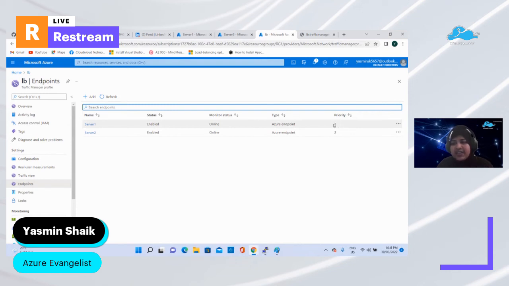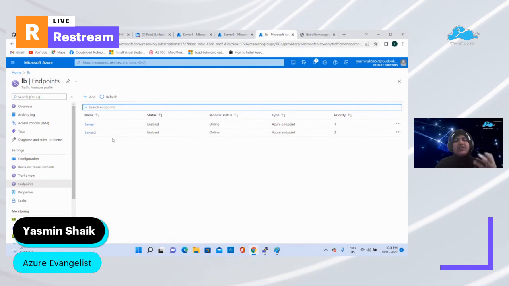I have given 1 and 2. It means that the traffic coming through the public internet, as server 1 has priority 1, will be sent to server 1. Once server 1 reaches its full capacity or maximum limit, the traffic will be redirected to server 2.